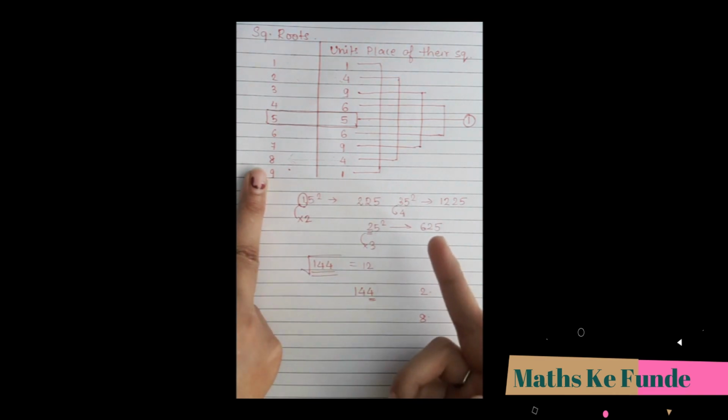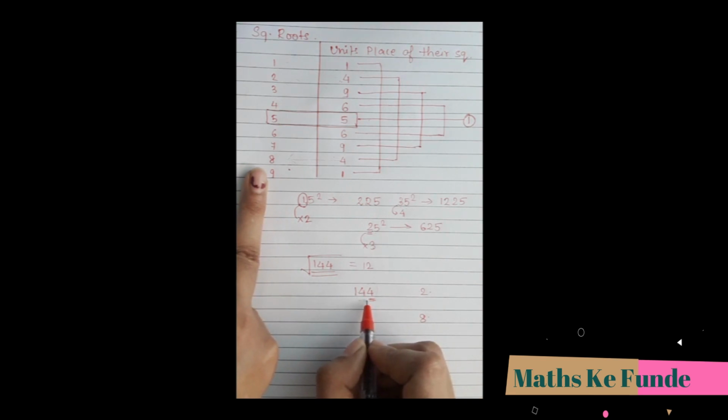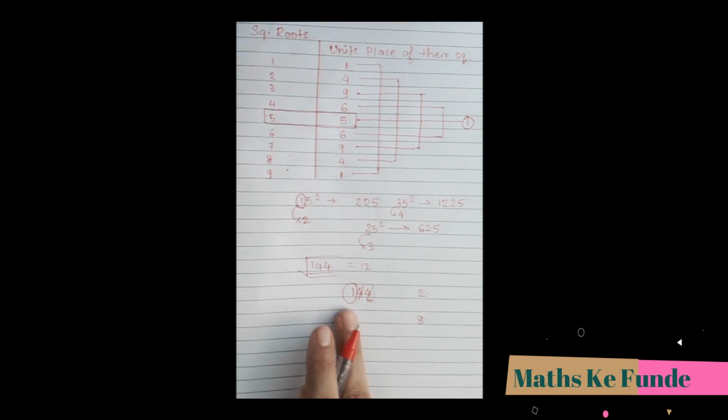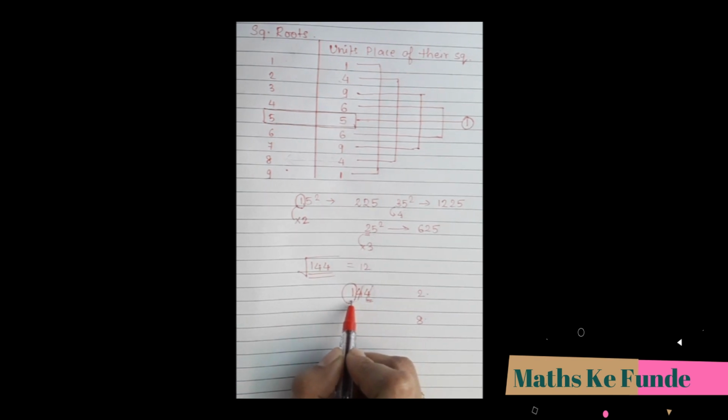Now step number 2: I'll simply cancel off the last 2 digits of the perfect square which I have. So 4 and 4. Now step number 3, after cancelling out the last two digits, I'll just pay attention to whatever number is left. Now in this case, it's a single digit number. It might be 2 digit or it might be 3 digit, depending on the perfect square which you have. So I have the number left to be 1.